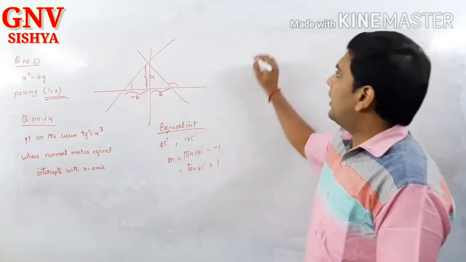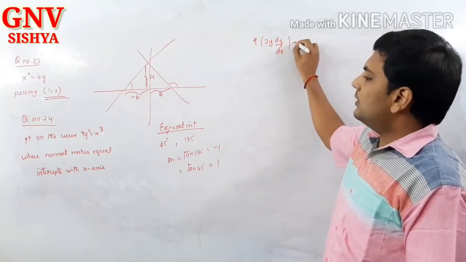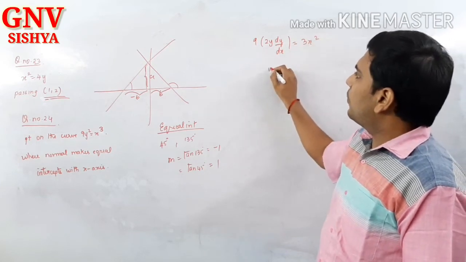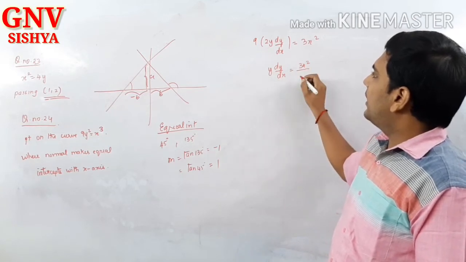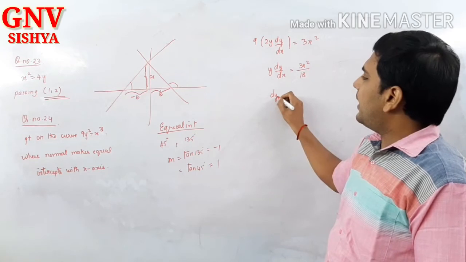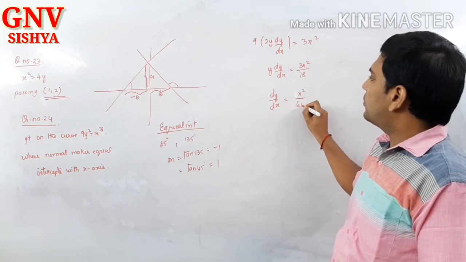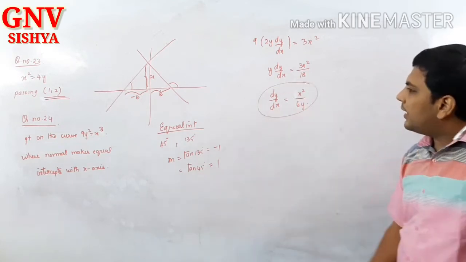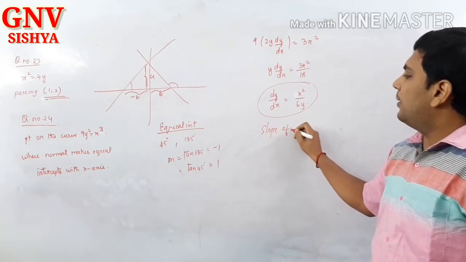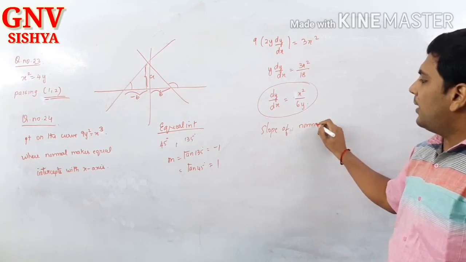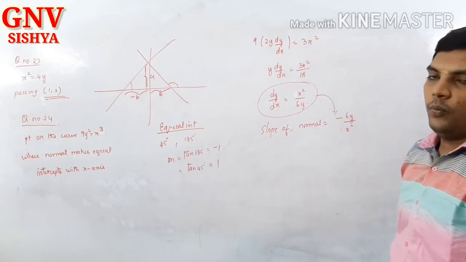Now when you differentiate this, what will happen? It will become 9 into 2y dy by dx is equal to 3x square. So y dy by dx is equal to 3x square divided by 9 into 2 is 18. So dy by dx will be equal to 3x square by 18y, and if 3 and 18 cancel, it will become x square by 6y. Am I right? So this is the slope of the tangent. What is the slope of normal, Kana? The slope of normal will be equal to minus 6y divided by x square. Am I correct? Reciprocal of this with a negative sign, right?